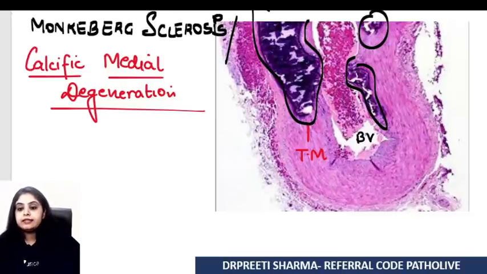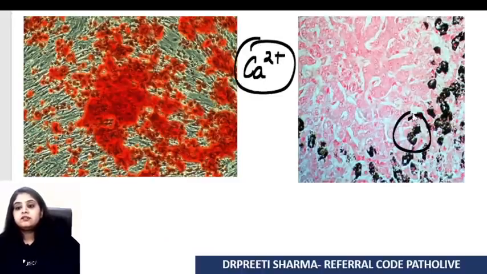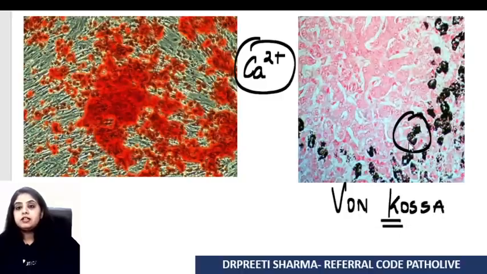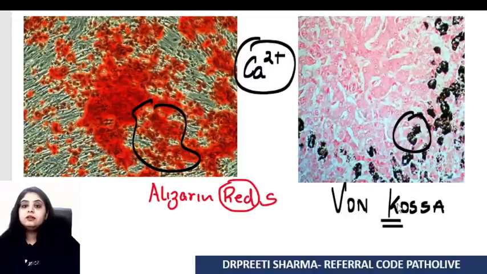Let's move forward and go on to the next picture, because if I ask you, having spoken so much about calcium, if you have to know the stains, what stain of calcium gives it a black color? So Kosa Kala, that is how we remembered. Von Kosa gives it a black color. And what is going to give calcium a red color? Again, the name tells us, alizarin red S is going to give calcium a red color. So red color with alizarin red S and black color with Von Kosa. With this, we finish all the different types of pigments and stains and whatever pertinent to that is needed.